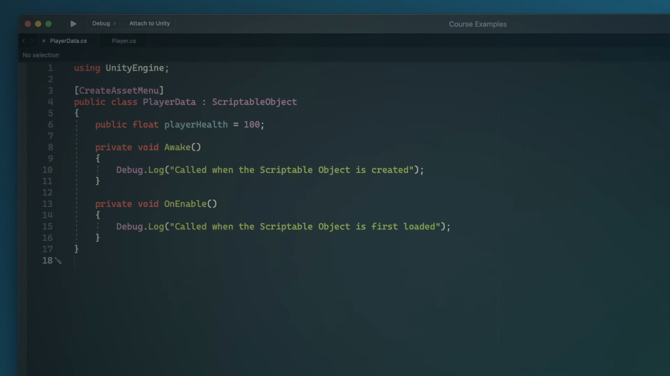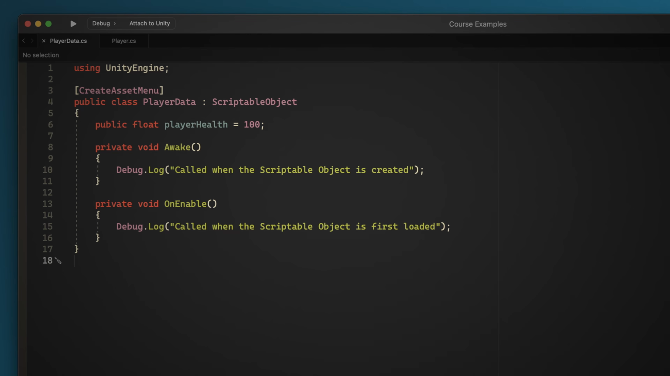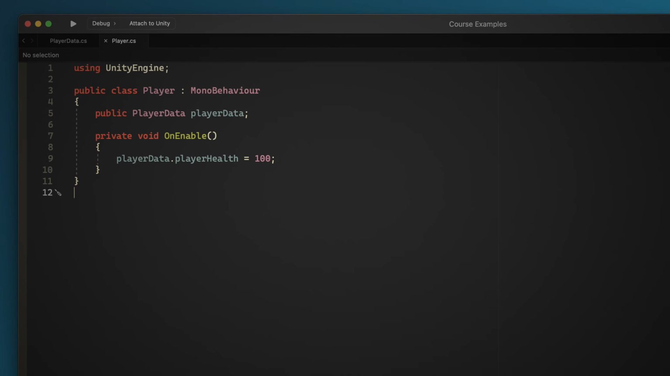This can be a little tricky, since even though event messages such as Awake and OnEnable are called on scriptable objects, they work in different ways. Awake is called when the scriptable object is first created, while OnEnable is called when it's first loaded. This means that if you want to use a scriptable object to track game data, you'll typically have to manage it from a MonoBehaviour script, such as a player script, to keep the life cycle of data in step with